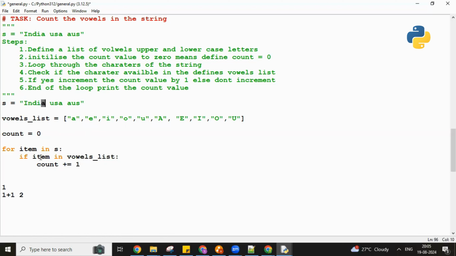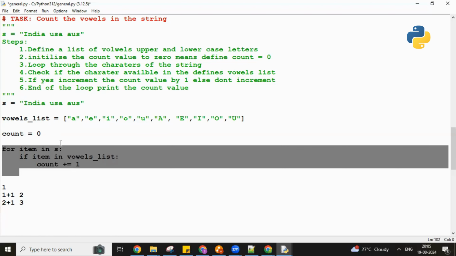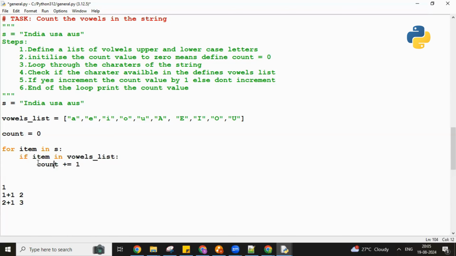A. So again A, if the item is A in the vowels list, the condition is satisfied. Counter plus equal to 1, which means counter equals counter plus 1. The counter value is 2. 2 plus 1, 3. Did you get it? How it is happening? Meaning each time we keep looping and incrementing the counter value. You got it? So if you print the counter value,